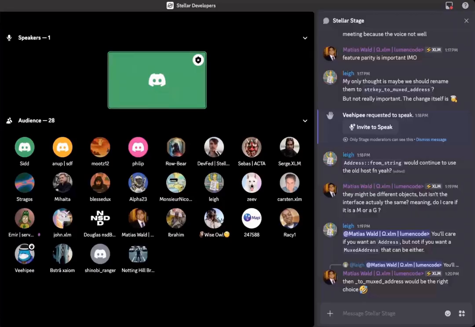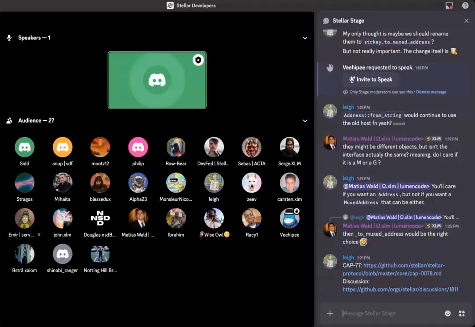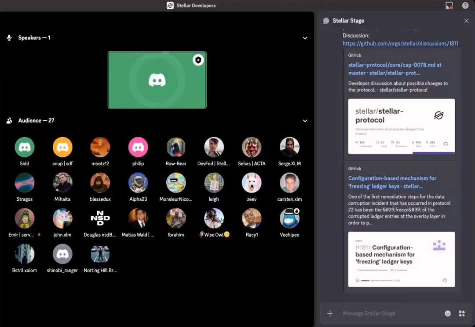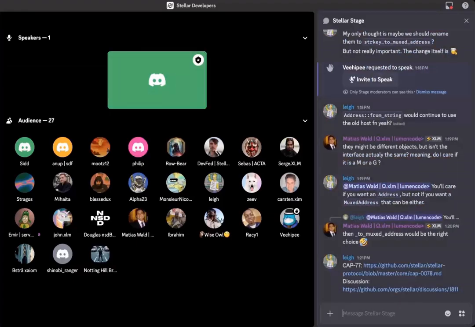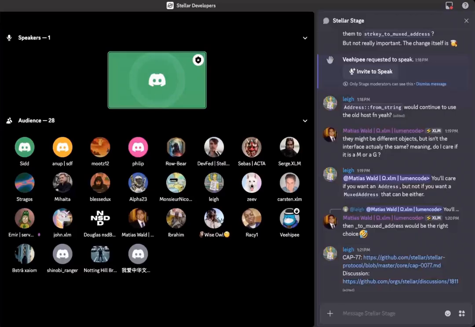Right, as usual, any questions or comments can be left on the discussion thread, and let us move to CAP-77, right, Boston. And this CAP is much less straightforward than the previous two, and to give a bit of background of why this came up, as some or all of you may know, we had an incident in protocol 23